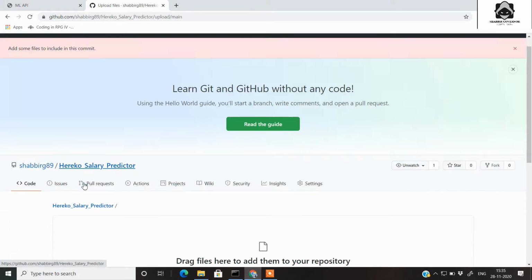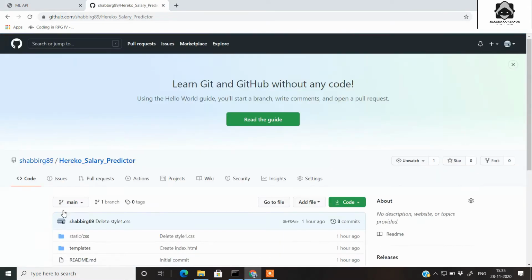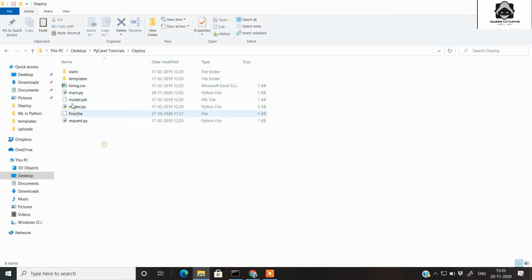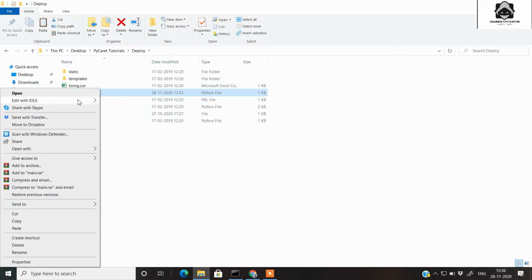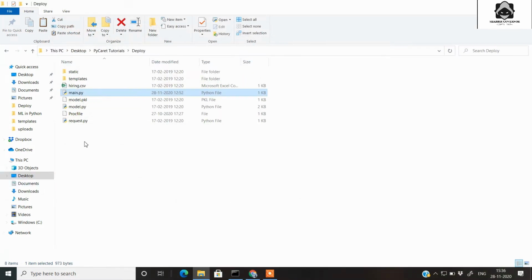After this, besides these files, we also need one requirement.txt file and one Procfile so that we can run the same application on Heroku. Requirement.txt lists all the modules that we have used in our application, or which are in these .py files. For example, pickle, flask, numpy, pandas, whatever we are using in these files needs to be stored in requirement.txt.